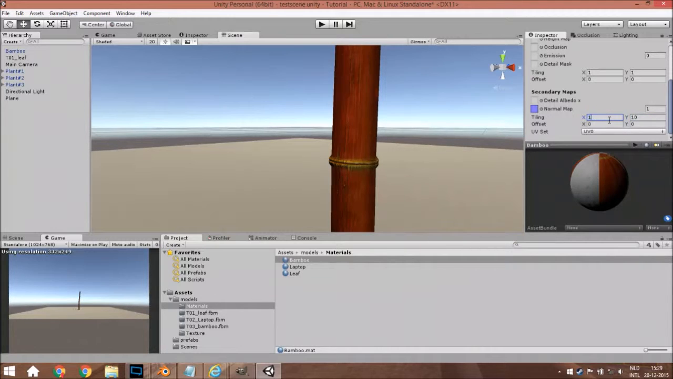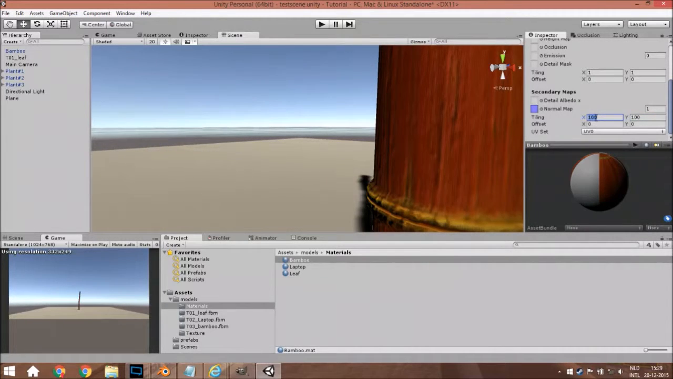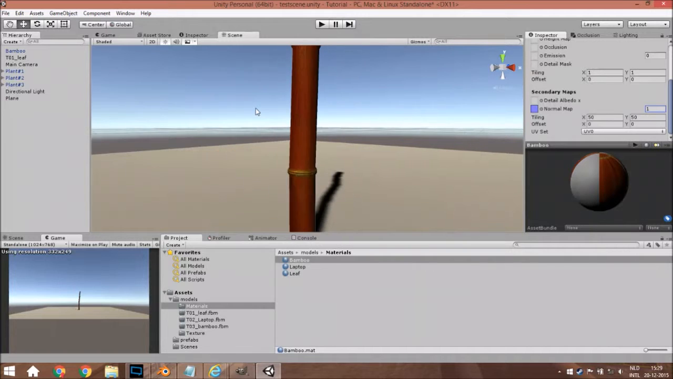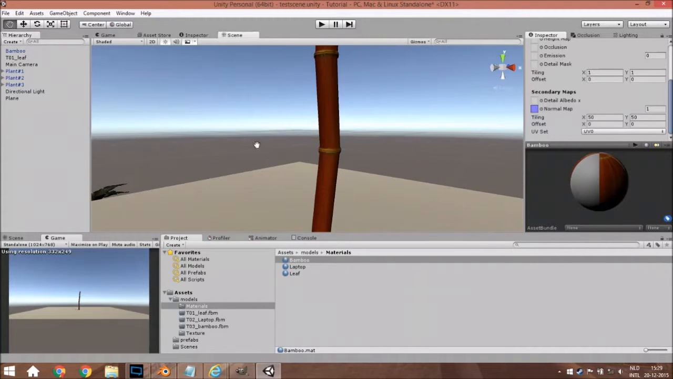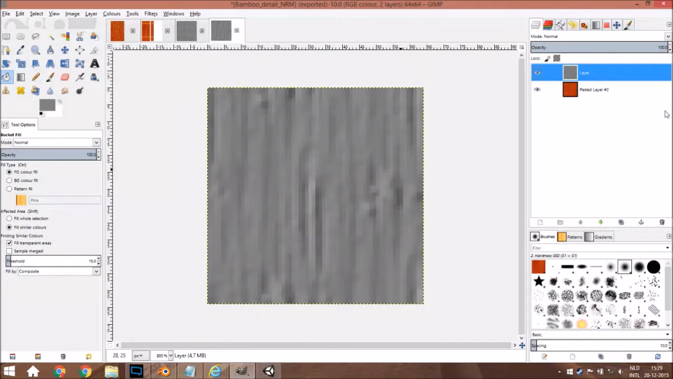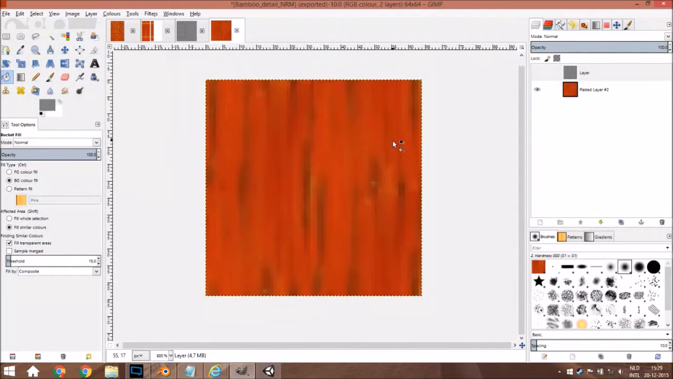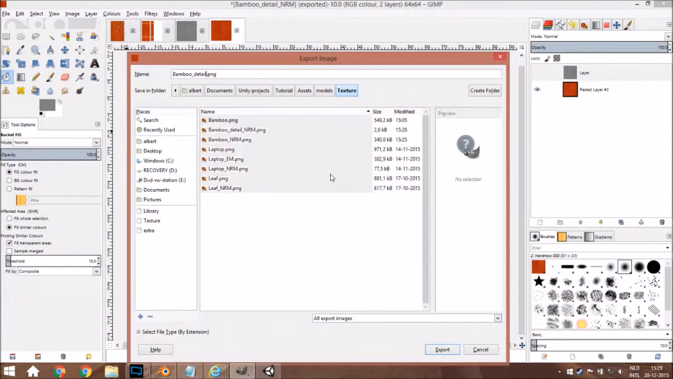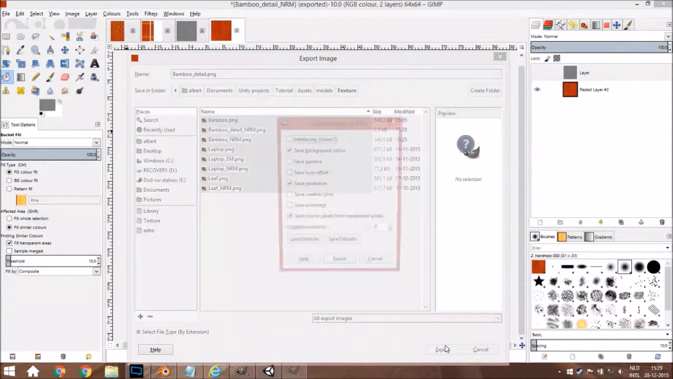Yes, 100, I think is better. No, that's a little bit too much. Do something around looking like this. Yeah. We just need 1. So this is looking awesome, I think, already. And we are also going to export this one. So File, Export As. Remove this part, export it,